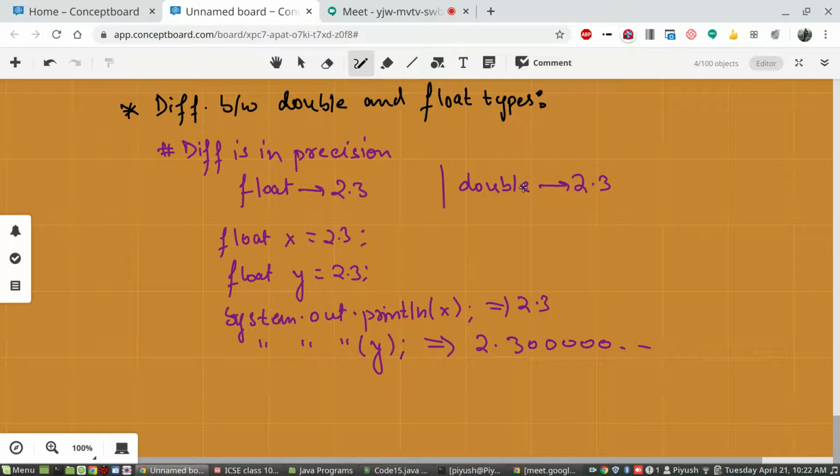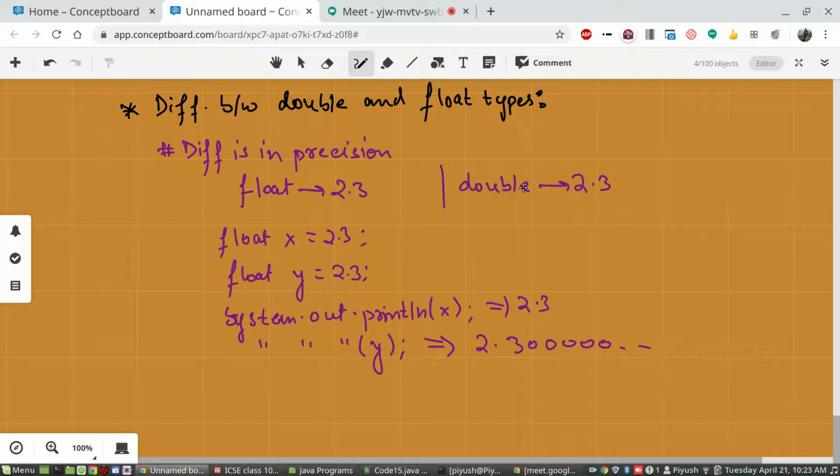Then you can use float. But if you need more decimal places in your answer, then you should use double. For our case in programming, we are mostly going to use float. Why? We can use double also, of course, not a problem. But a good program is a program which consumes the least space. It is correct that double will give you a better answer in terms of the number of decimal places, but at the cost of more memory consumption.